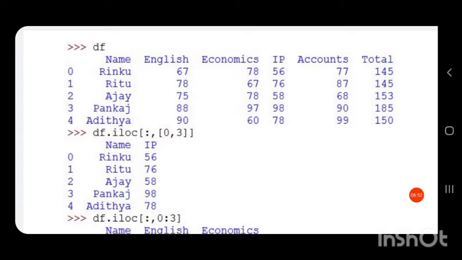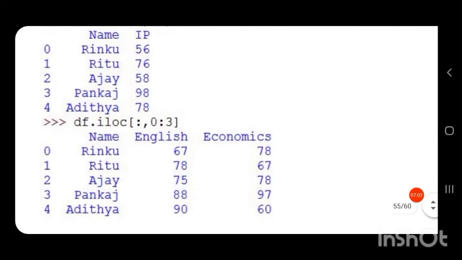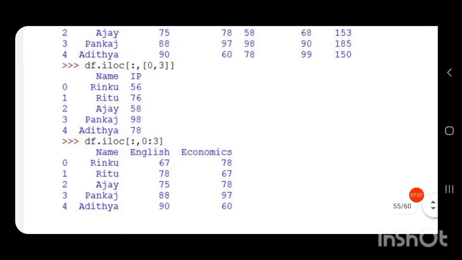Now in iloc you can specify a particular range. If you need all the columns from 0 to 3, then you can use 0:3, that is slicing. In the row part nothing is given, start and stop are blank, then colon is there, then comma, and the second part is the column part. In the column part we are specifying the range, that is start equal to 0 and stop equal to 3.